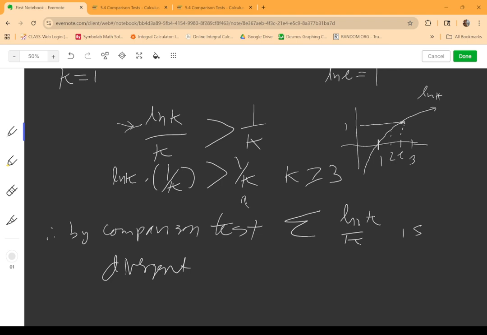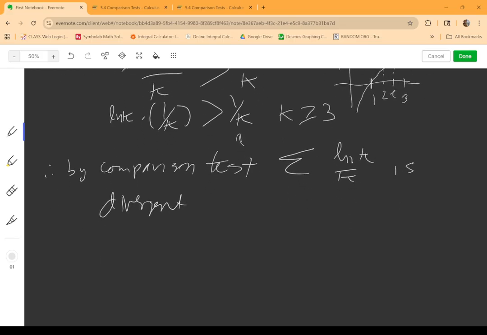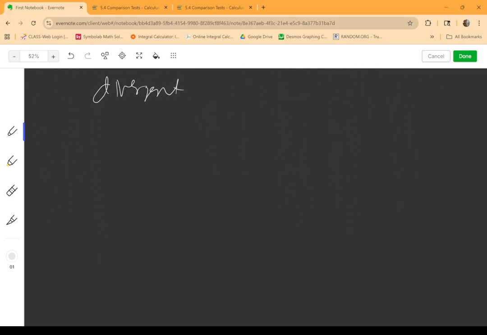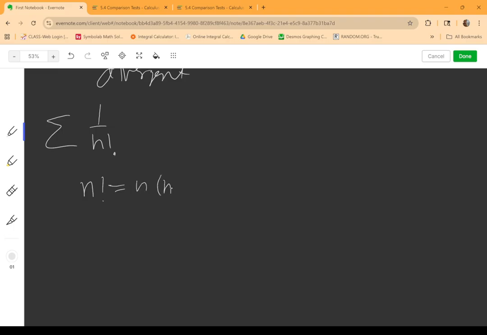Okay, so let's take a look here at some examples that involve the factorial. So let's take a look at the sum of 1 over n factorial. I want to determine whether this one is convergent or divergent. Now keep in mind here that n factorial is equal to n times n minus 1, n minus 2,